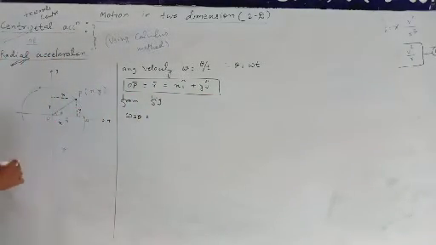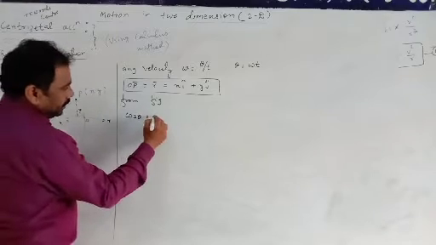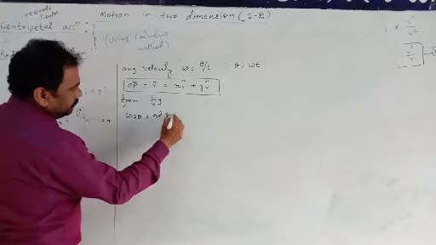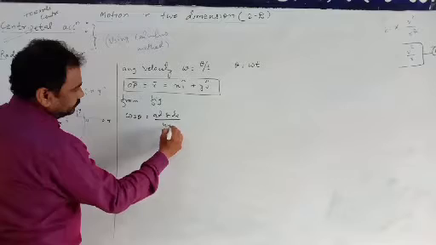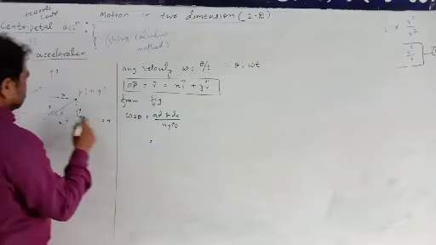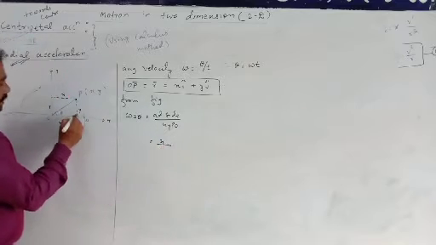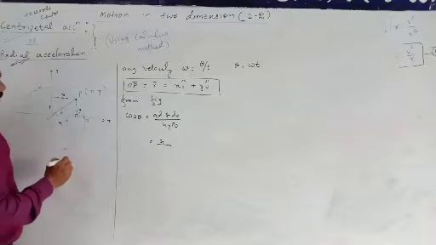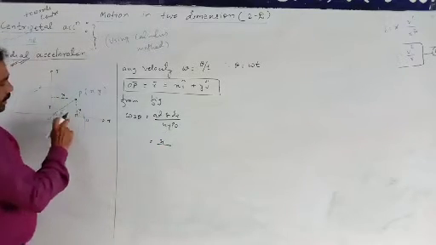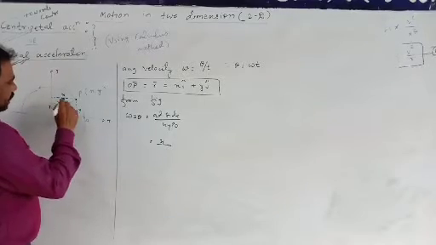Now cos theta, we know the value of cos theta. How can we calculate it? It is the adjacent side upon the hypotenuse. The adjacent side in this case is along the x axis, upon the hypotenuse, that is the side opposite the right angle, which is r, the radius vector.